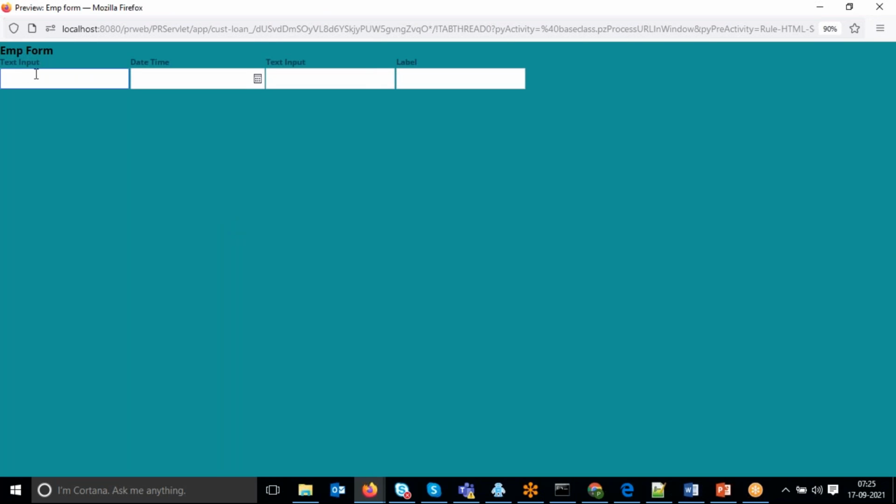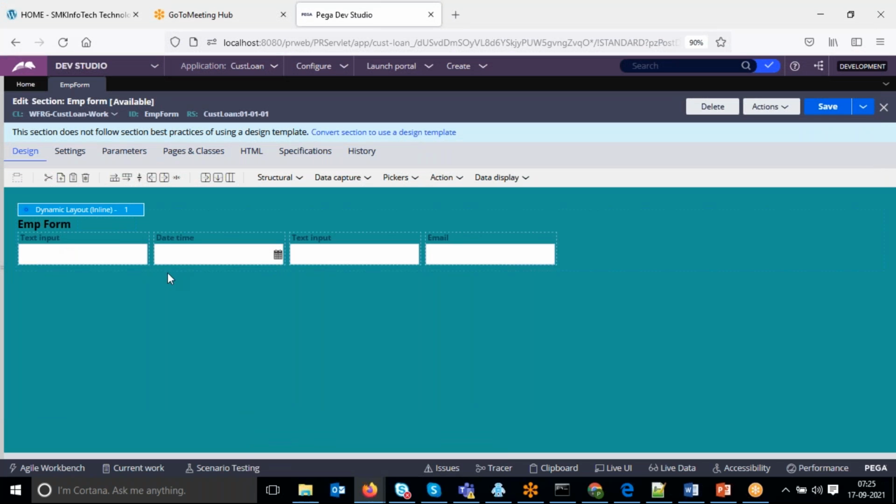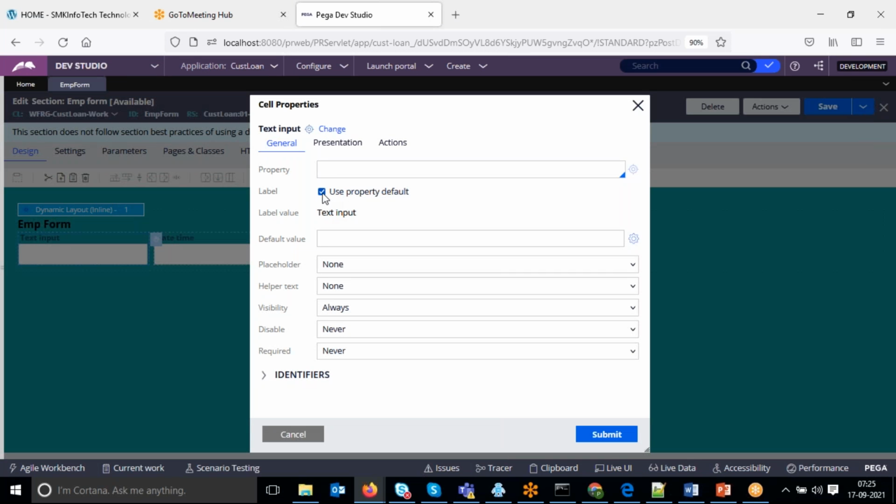See that it is the employee form. So just a basic page, but these boxes will be there. But what kind of value to enter, we need to mention that, right? This text input will be there. So go for cell properties. Open that. We need to do configuration inside that. In cell properties, just select the property, maybe the first name, employee first name.